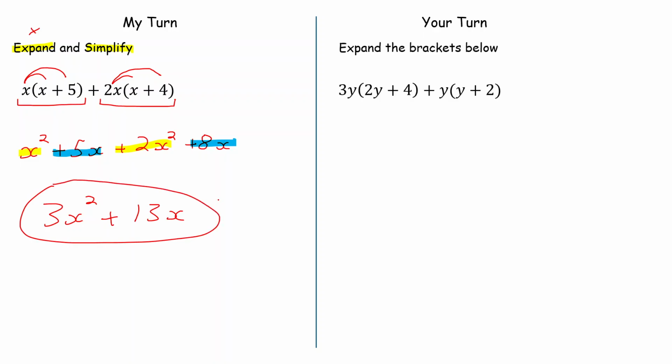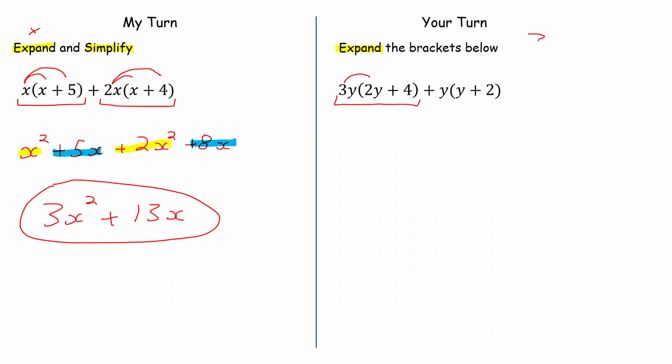Okay, so you can try that, your turn. You can give it a go and you can fast forward to see the answer, or you can work through it with me if you need some more time with this. So let's again begin by expanding the brackets one at a time, and then we can simplify it. So if we look at the first bracket, first of all, we've got 3y, we're timesing it